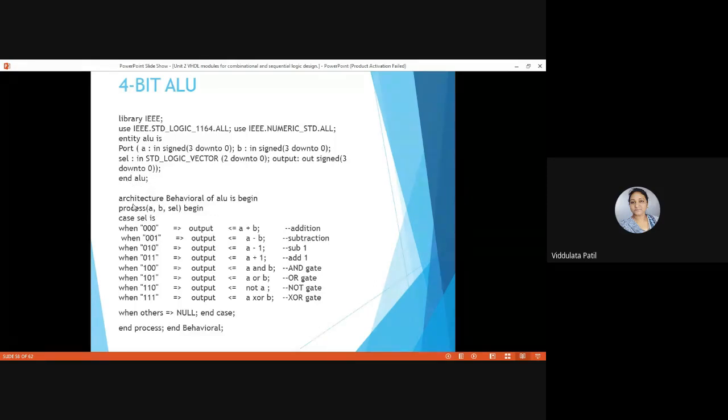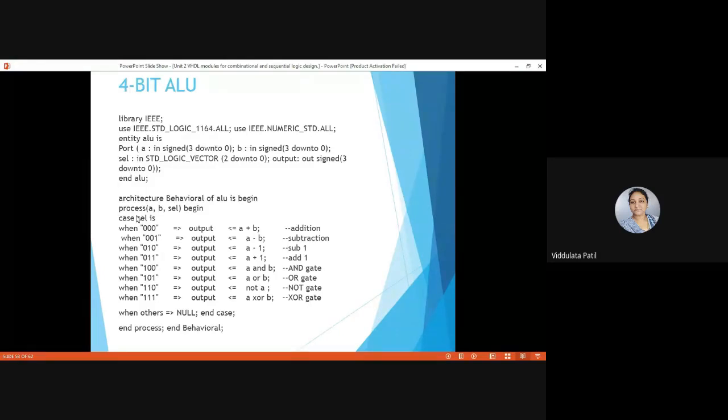Then after that we are going to declare the architecture. So architecture behavioral of ALU is begin. After that we are going to start with this architecture. As this is behavioral modeling, we are going to declare a process.